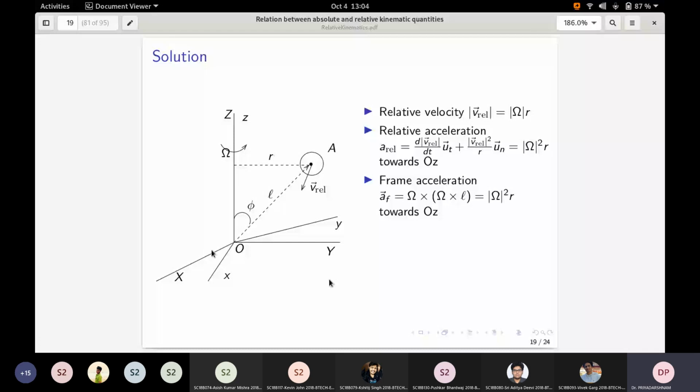Omega cross L is in which direction? The first step is omega cross L. So it will be inside the screen, if you have a laptop screen. Let us look at the direction first. Then omega cross a vector inside the screen will be towards the z-axis. Do you agree with that? You have to shift it to this location and then take that cross product. Only the direction first, let us look at the direction.